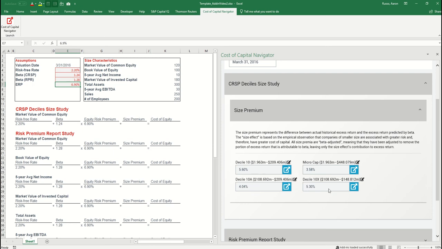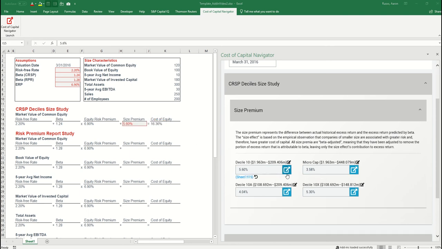For this example, let's just go ahead and use the decile 10 size premium of 5.6%, so I can go ahead and link that to the size premium in my CRSP decile size study equation. Now that I've completed my CRSP decile size study CAPM equation, I'll go get the size premia to complete my